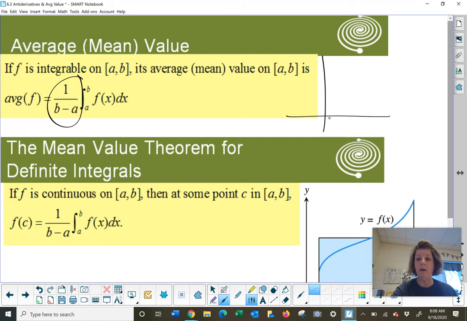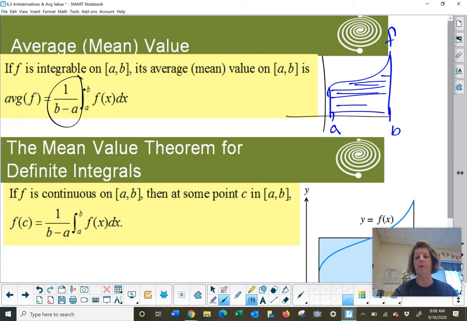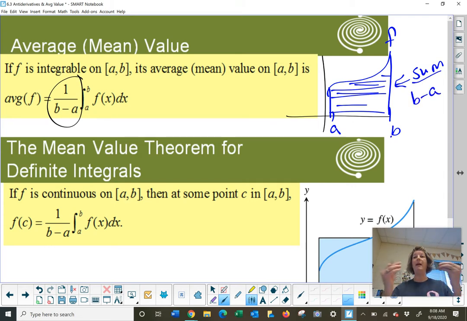If we think about what this area is doing, let's say we have some function. Here's our f function from a to b. Then I come up with some big sum number, right? I get the sum of the area. And if I want to find the average of it, I am going to divide by the width. And what that basically gives me is an average height